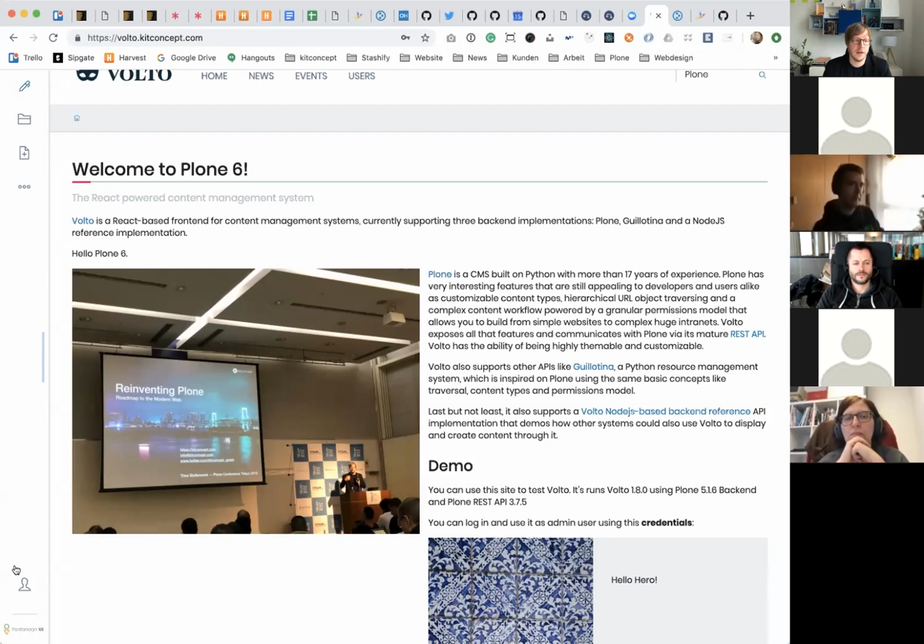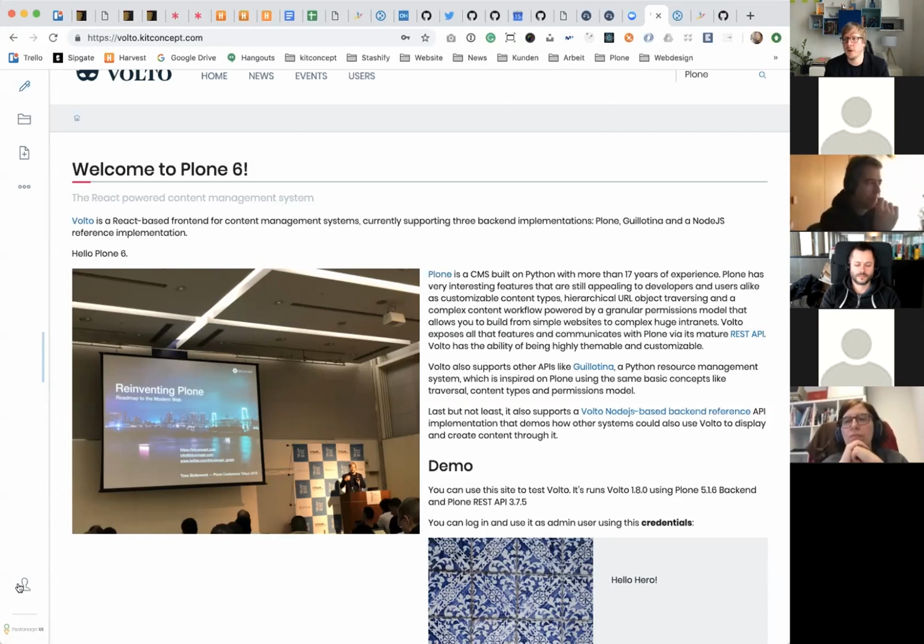And then, as I said, the control panels are missing. But that's about it, right? We published Volto 1.0.0 some time ago already, because we use it in production and we think it's ready for prime time, right? I think you can use it as an agency or as a developer today. Of course, you should have basic React knowledge, to be able to fix things on your own, before I would recommend anybody to actually use it and customize it.